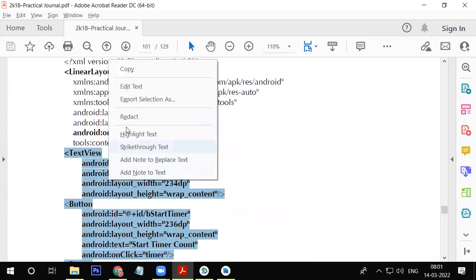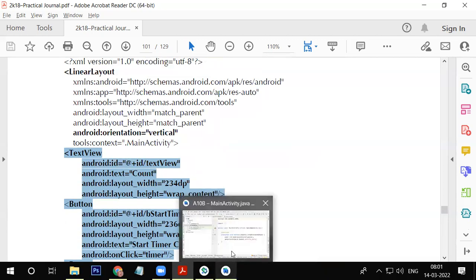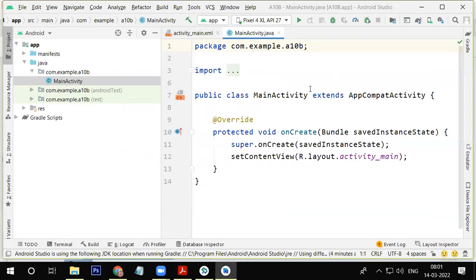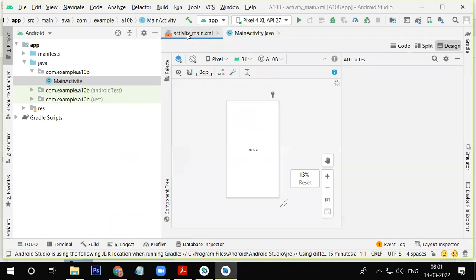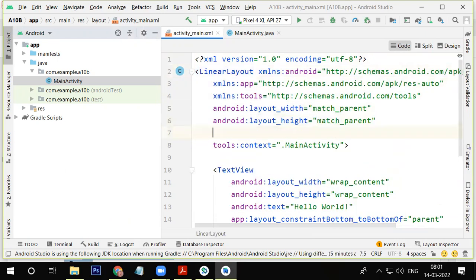Okay, so I'm copying this one. For this execution, I have created an empty project A10B. The class is already loaded, so we will change the code. As suggested, we are going to change the layout to smooth functioning, and we are going to add